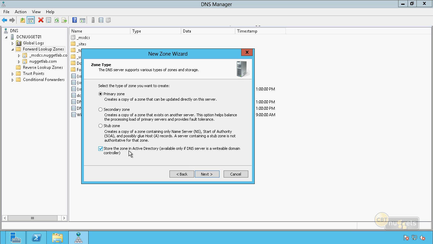This option is only available if the zone where I'm creating this right now is also a domain controller, and you can see I'm doing this on DC Nugget 1, which is my domain controller. So that makes this possible. The other thing I could do is make it a secondary zone. If I do that, then it has to copy the data from a zone file on some other primary zone or some other secondary zone. Okay, so it has to copy it from somewhere, and then in that case, it's also going to be read-only